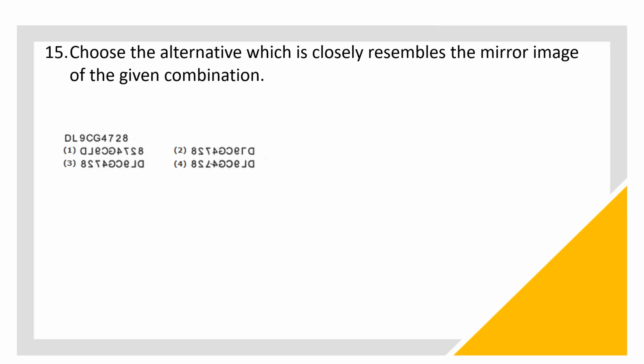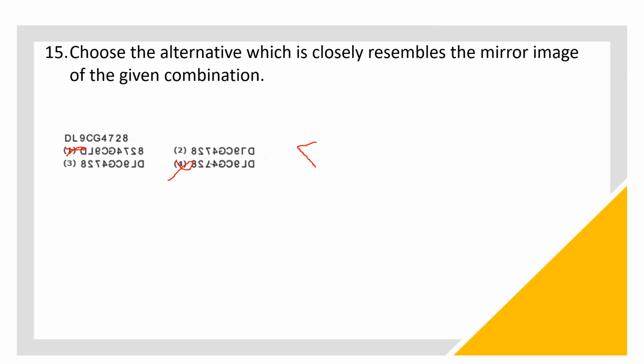Next, find out the mirror image of this. First you will get 8274 like that, but in option 1 D is there, so this is wrong. And options 2 and 4, 8 maybe, we will check. So first 8 is correct, then check 2. So 2 is also a mirror image. 7, so what is the mirror image? 7, you will get like this. So in the second and third options, they are mirror images only, but in the fourth option, 7 is the water image.